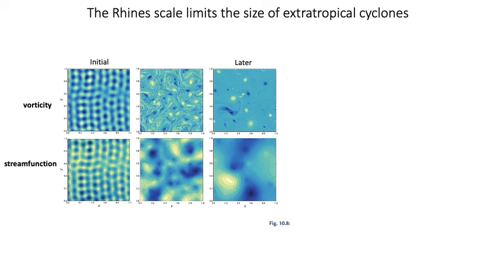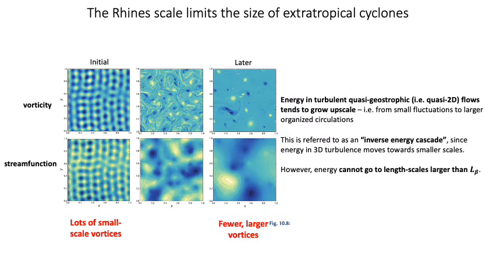This is just a very, very simple 2D fluid that's being stirred. You start with lots of small-scale vortices, and you end up with fewer, larger vortices. This is a statement in turbulence terminology that energy in turbulent quasi-geostrophic flows tends to grow upscale, which means from small fluctuations to larger organized circulations. This is referred to as an inverse energy cascade. This is a term you might hear at some point,